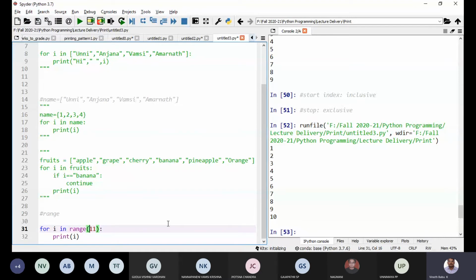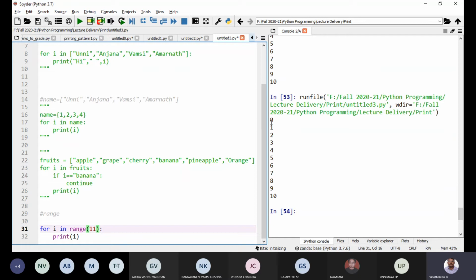In MATLAB the default start index is 1, whereas in Python the default start index is 0. So from 0 to 10 it will print. Please make a note of it. If you don't specify, it will take the default value, 0.